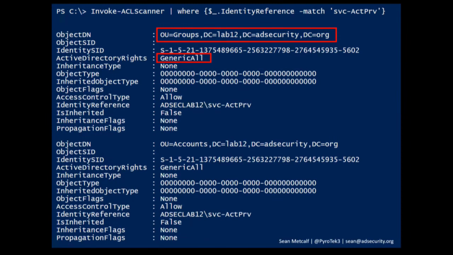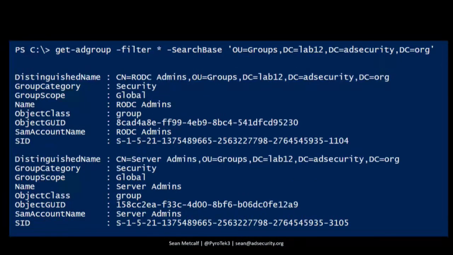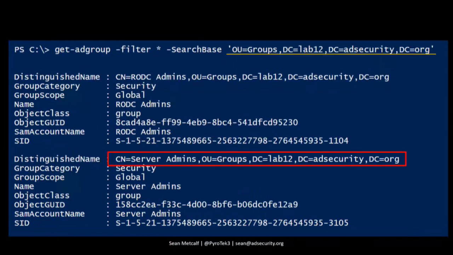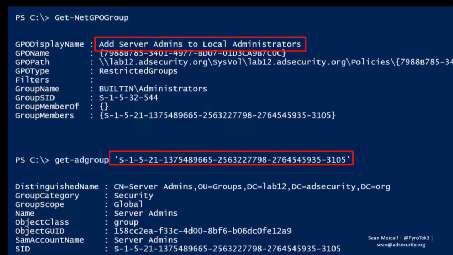Okay, so we have the password hash for the server's account that has full control on the group's OU. Well, what's in that group's OU? It's the RDC admins, which I don't really care about, but there's a server admins group at the bottom here. Server admins probably has rights to a bunch of things, like maybe the password vault. So we dig into server admins, and we find that there's a group policy that's actually adding this server admins group to the local administrators group on all of the computers in this OU.